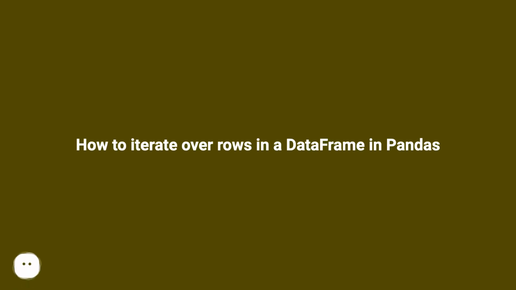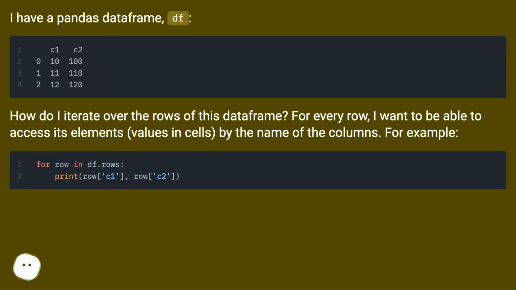How to iterate over rows in a DataFrame in Pandas. I have a Pandas DataFrame, df. How do I iterate over the rows of this DataFrame? For every row, I want to be able to access its elements, values and cells, by the name of the columns. For example,